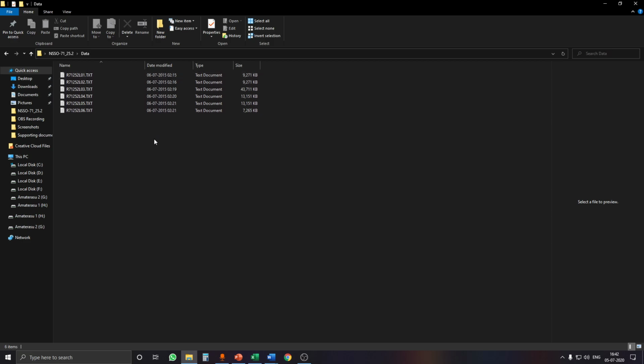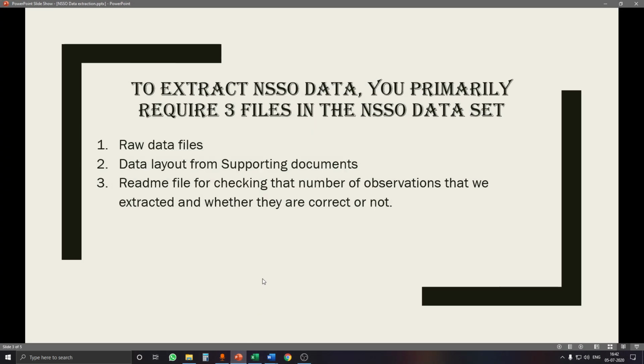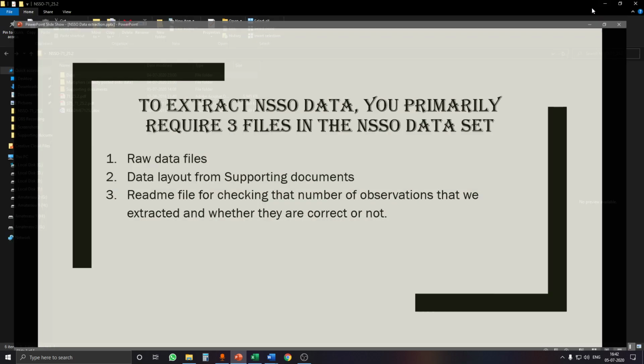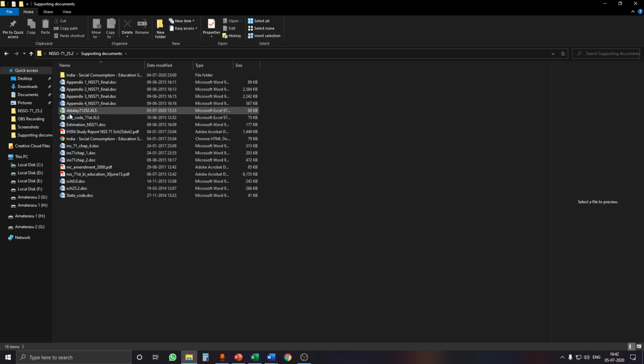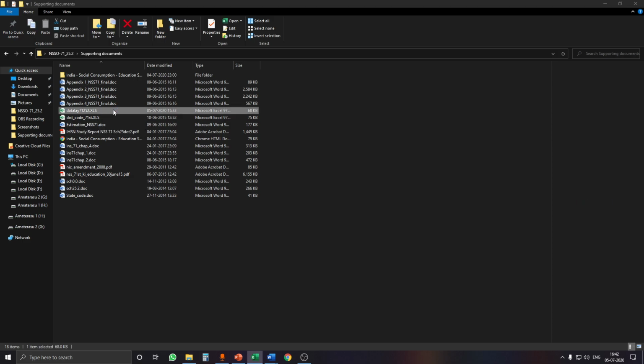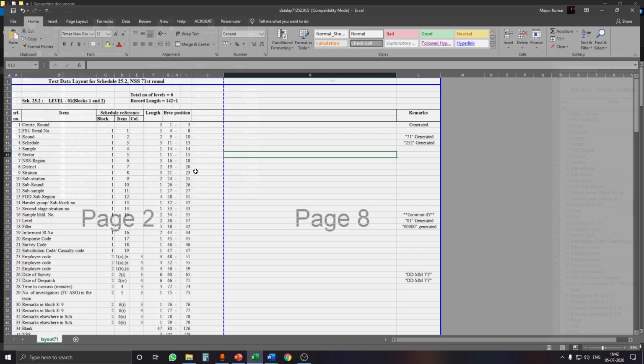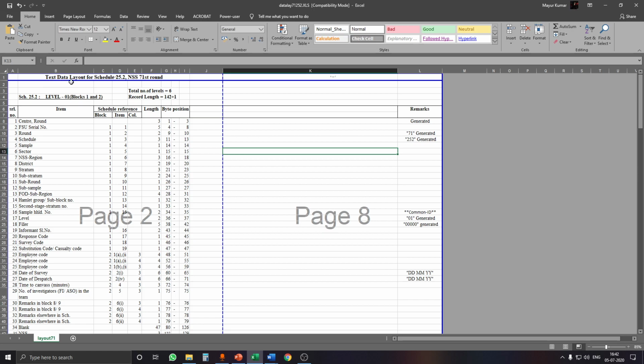Second, we need the data layout. As we have seen, we can find the data layout in the supporting documents. If we open the supporting documents and scroll down, you can see there is data lay 71. So this is the data layout file. If we open it, you can see the text data layout for schedule 25.2, NSS 71st round.